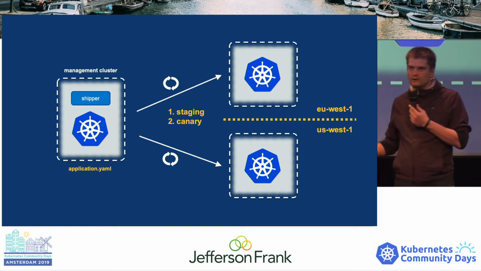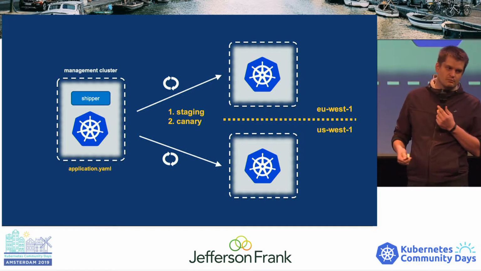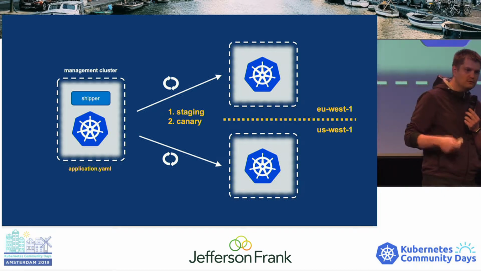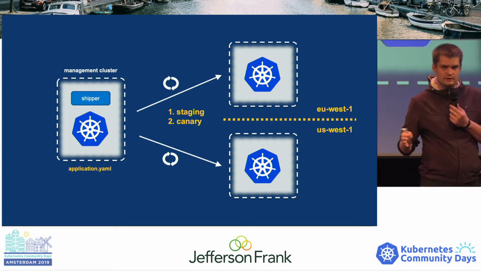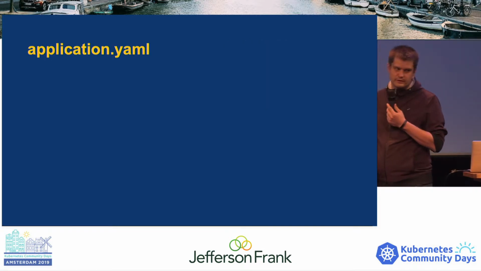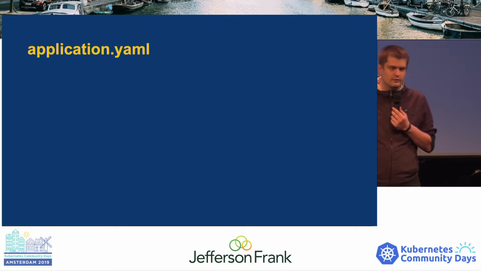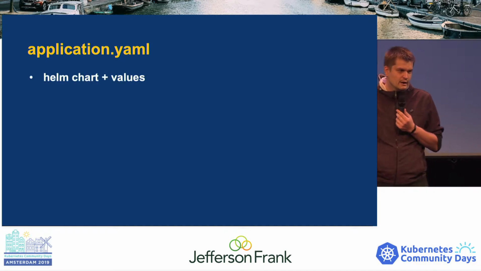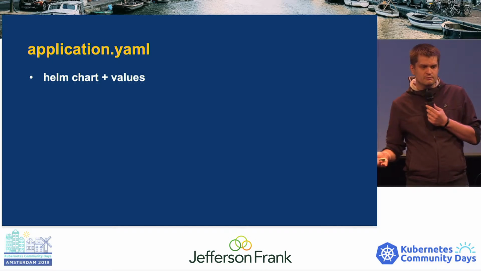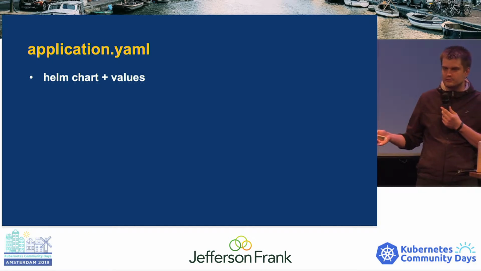And of course, knowing that we love advanced strategies, Shipper allows us to do a bunch of advanced rollout strategies. For example, our deployment usually consists of 3 steps: staging, canary, and full-on, which I'm going to talk about in a second. Before that, briefly, what an application spec consists of. The application spec is basically a link to the Helm chart and a bunch of customization there, such as